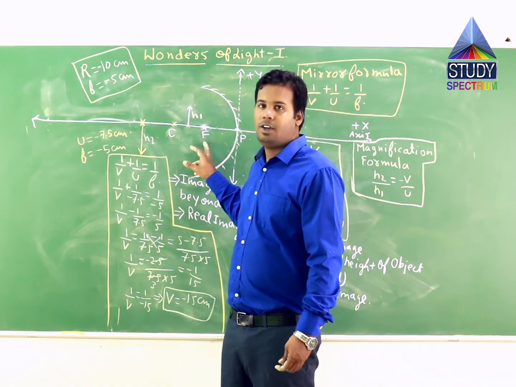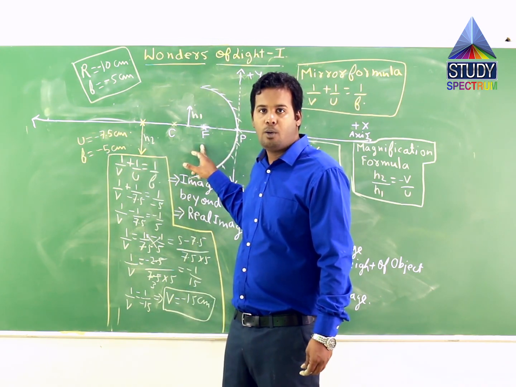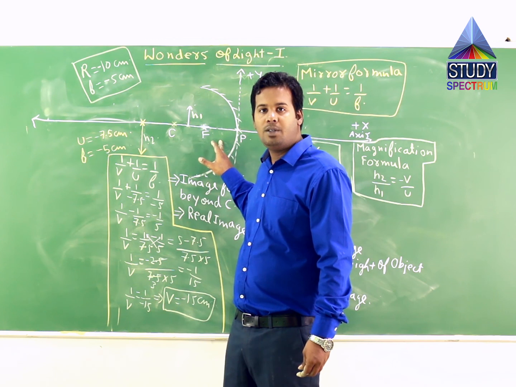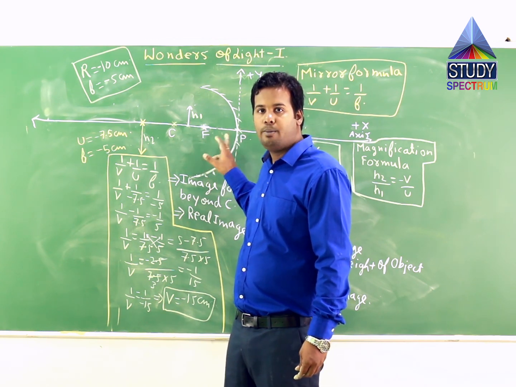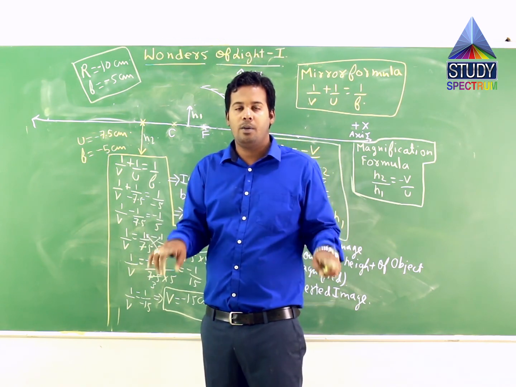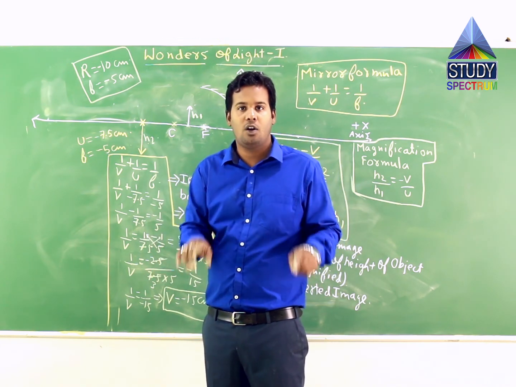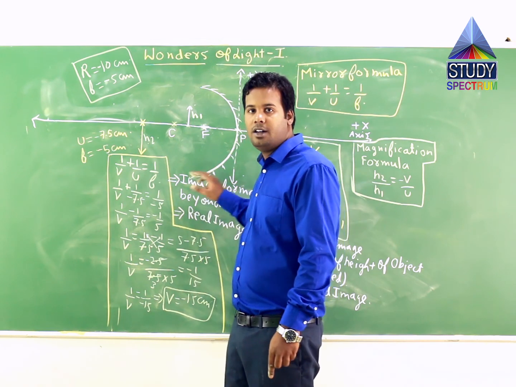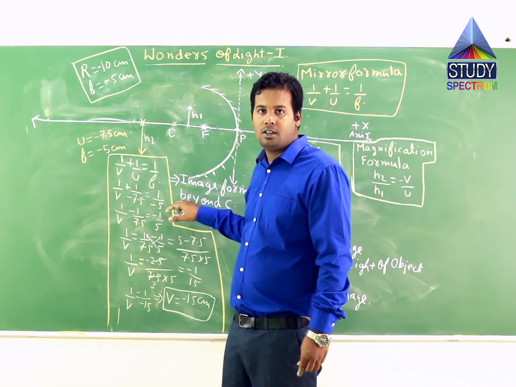The fifth case is when the object is placed at the focus point, and the sixth case will be when the object is placed between the focus and the pole point, and we'll understand whether the tabular form is coming out to be exactly as it is given or not, in the same fashion as we have done in the previous four cases.